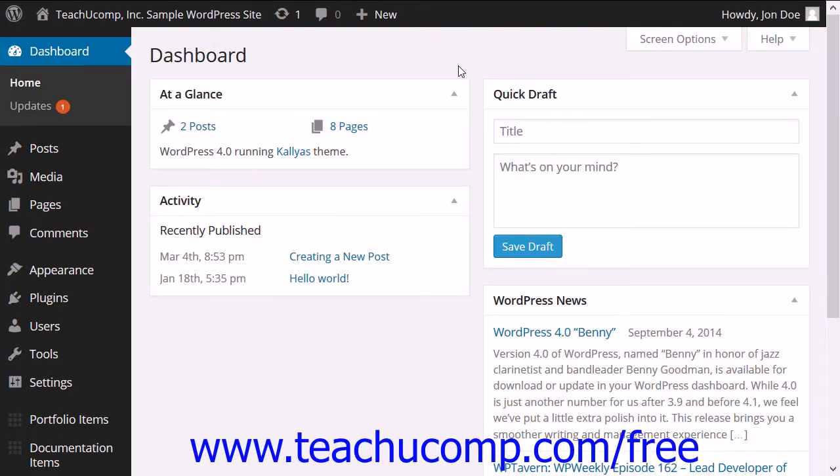www.teachucomp.com/free. It's important to remember that you can install and use WordPress in different ways. This course examines installing and using WordPress in a self-hosted environment, as discussed in the previous lesson. But you can also install and run WordPress on a local computer or server for development or training purposes, so that you can use the software without actually having to post any live pages on the web. You can install WordPress on your Windows or Mac machine using Bitnami, an open source project that provides installers and